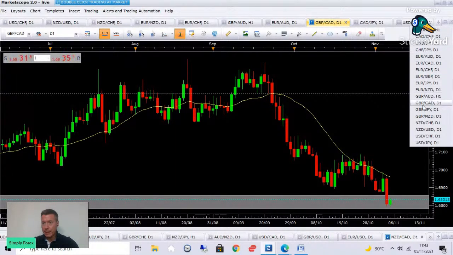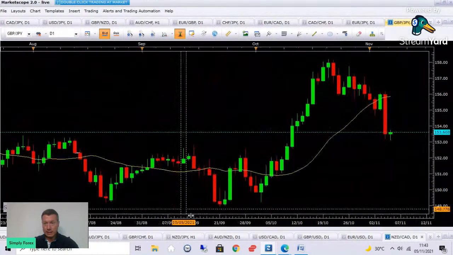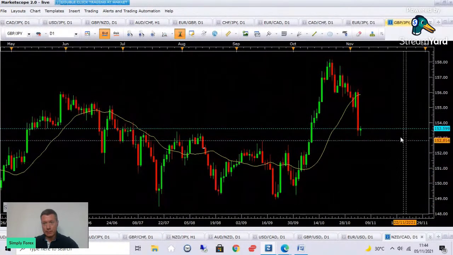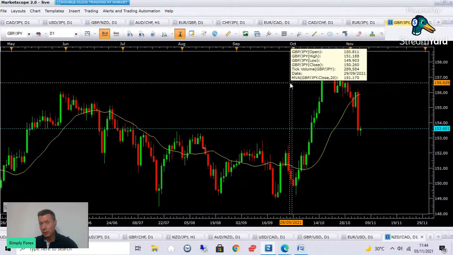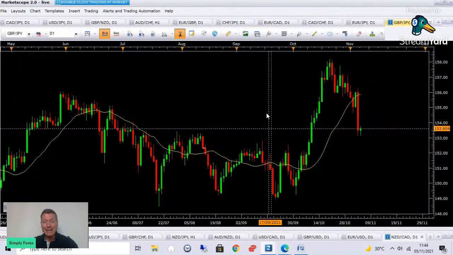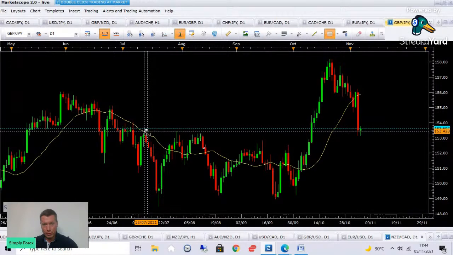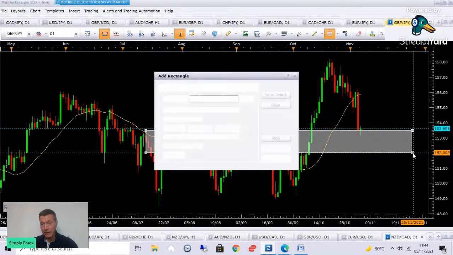Next one, guys, GBP yen. So pound yen, what are we seeing here? Okay, so price is broken down. It's broke this low here, the low at 81.55.97. It's broke this low, and a large bearish candle, but again, I'm seeing support. You can see price has reacted here. I'm seeing support in that area.